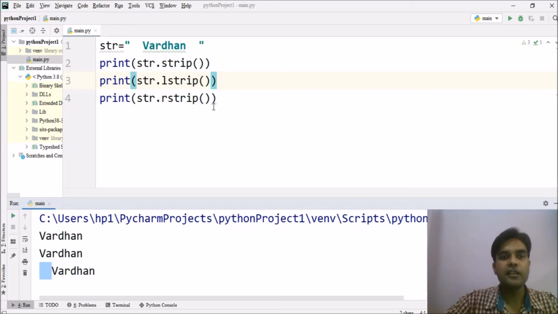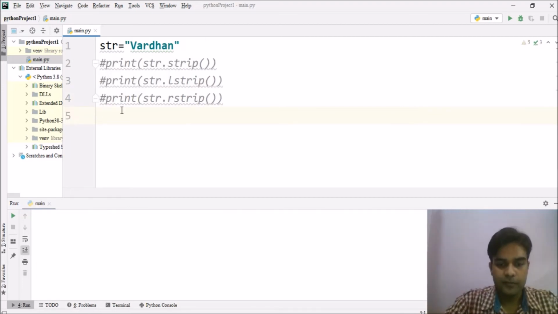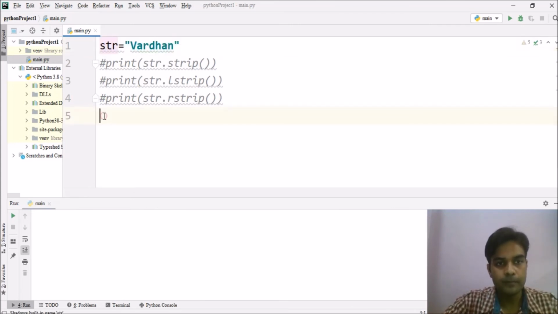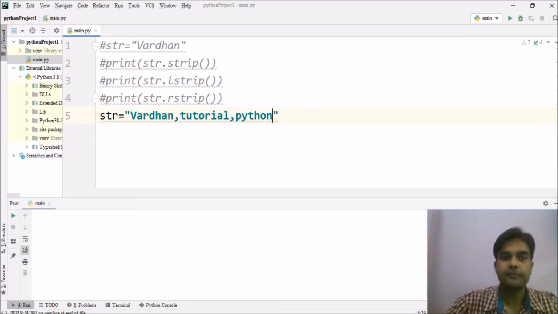Now the next function is split. So let's see what split is. For splitting, let us take a string. Suppose our string is Vardhan, tutorial, Python.